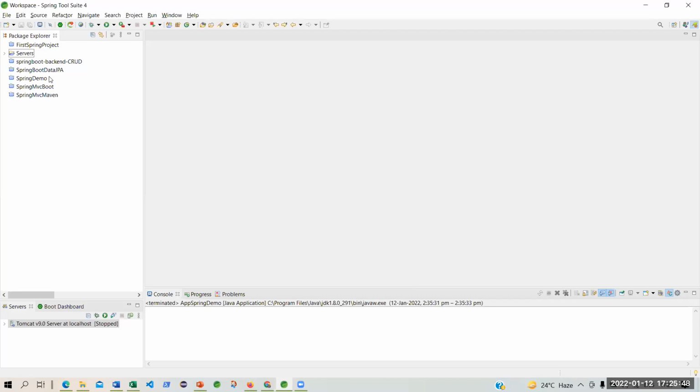Now, I have created a project, the same project, which is a Spring Boot project for you. Now you see that it is being loaded. It is already there.